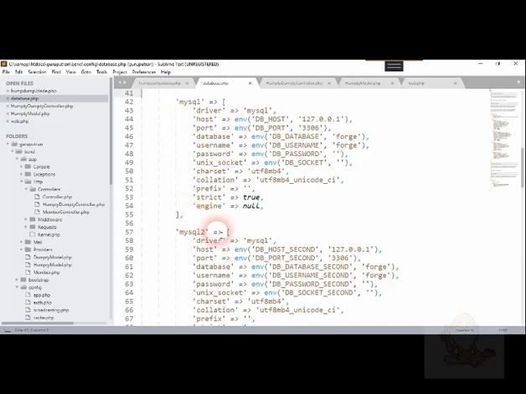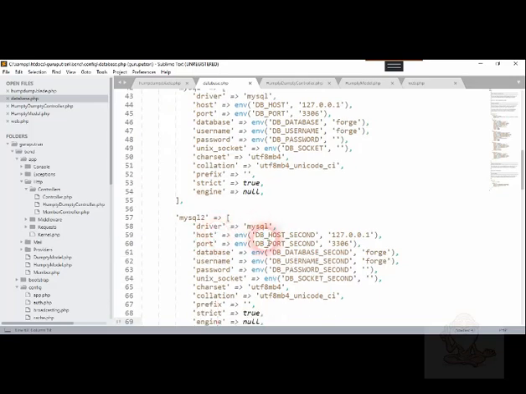So in the MySQL2 portion, you have to rename as follows: db host underscore second, db port underscore second. So all are with subscript second. Once you've done that, you have to go to the .env file in Laravel. So you search for Control P .env,